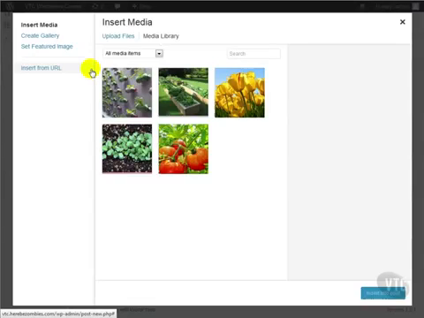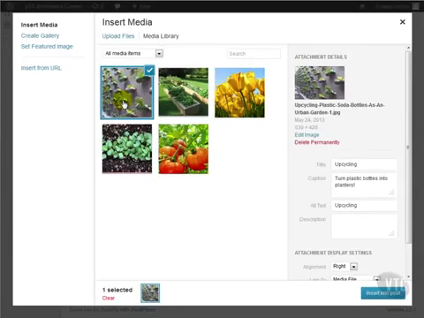By default, it opens to your media library. This shows all the images that you have uploaded and are available for use at any time. If you click one and select it, its details appear in the right side of the dialog. We see a thumbnail of the image and its file name, upload date, dimensions, an edit image link, and a